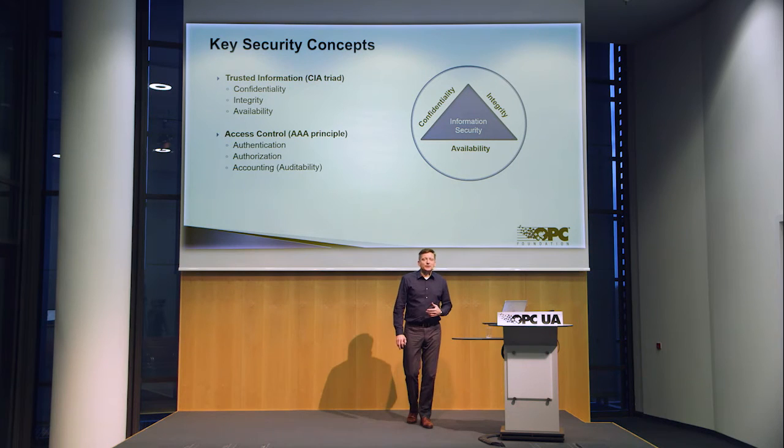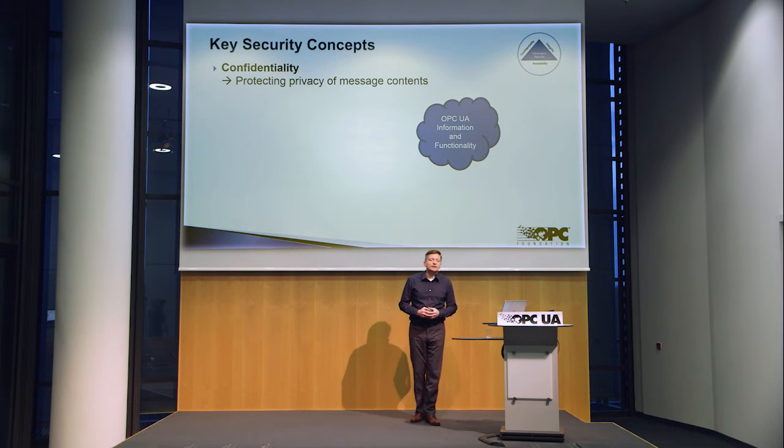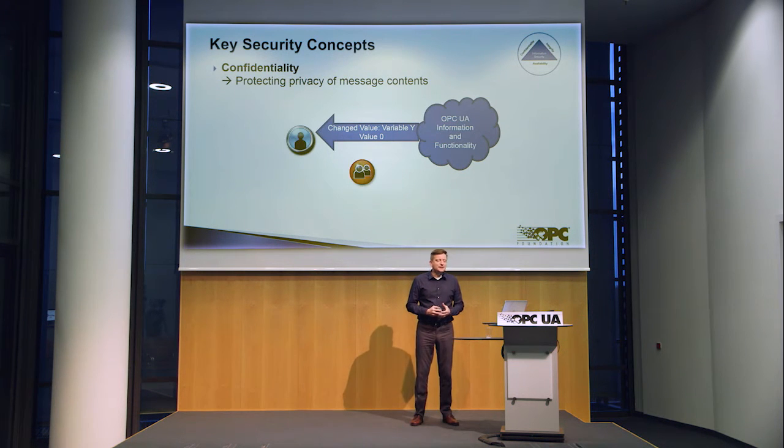So let's take a look at what each of these means for those of you who may not be familiar with some of the conversation about security. So first of all, confidentiality. What we're really saying there is that let's say that we've got a bunch of information, we need to transfer it, and we of course want it to get to the right person, the ones who are supposed to see the production details. This is quite relevant, obviously, for all types of information. It could be financial information, it could be sensitive production information, which maybe uses a competitive advantage. So you want to make sure that the data that you're sending across is confidential. And that basically means that an interloper can't come in and snoop on your data and see it.